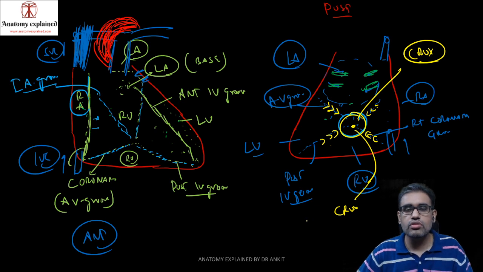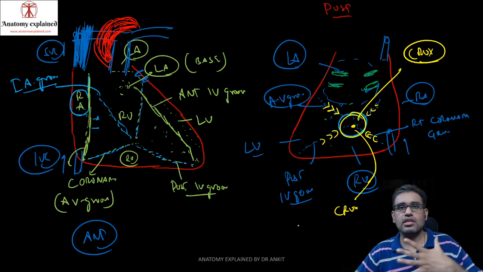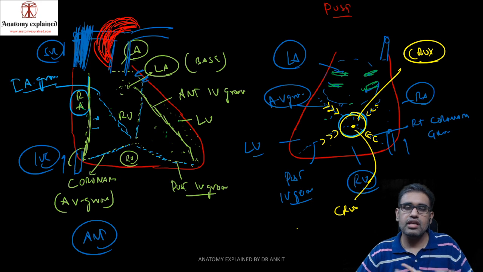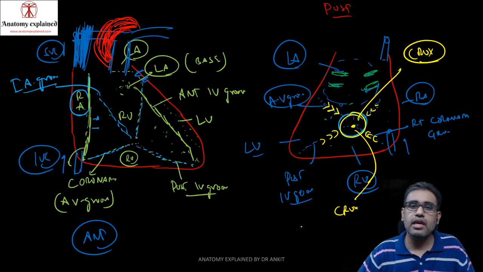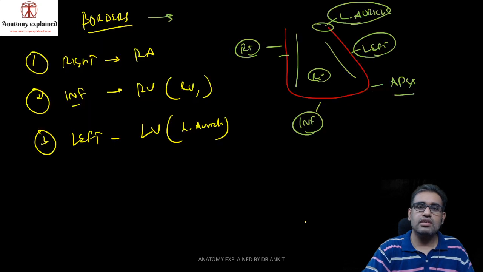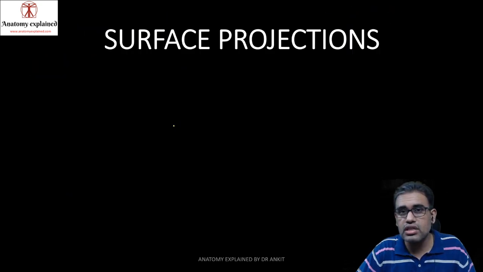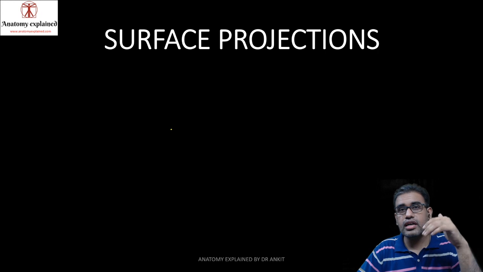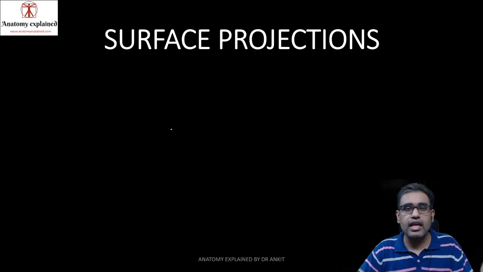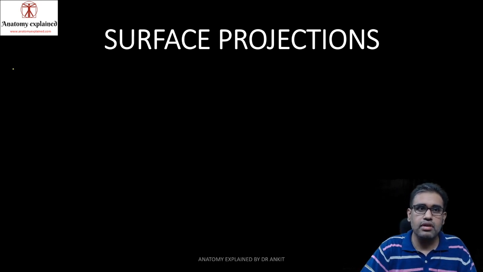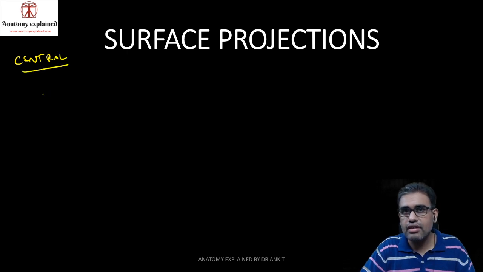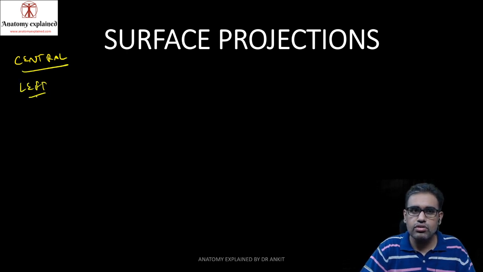Okay, so these were your few borders and surfaces. Remember, anterior surface, sternocostal surface, the RV, inferiorly mainly LV, posterior surface is the base, mainly LA. So these are your borders, surfaces and the chambers of the heart. After this, we go to the surface projections. Then what is the surface marking? If you look at a patient, or if you look at an X-ray, where exactly would the heart be located? So first of all, remember that the heart location is central in the thoracic cavity and slightly tilted to the left. If you remember this, then things are better off. You know by now which chambers are forming which borders and surfaces.